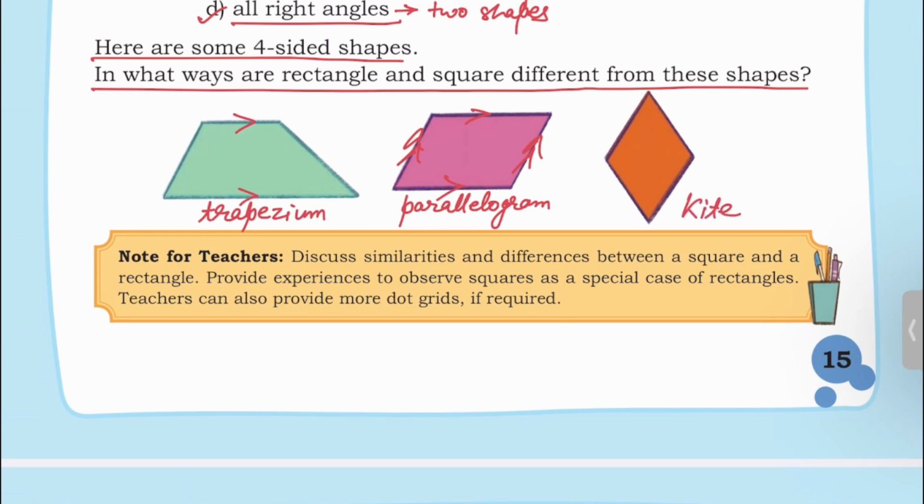If you know about rectangle and square, a rectangle is a shape similar to a parallelogram, but with corner angles being 90° or right angle each. And a square is a parallelogram whose all sides are equal and corner angles being right angle each.